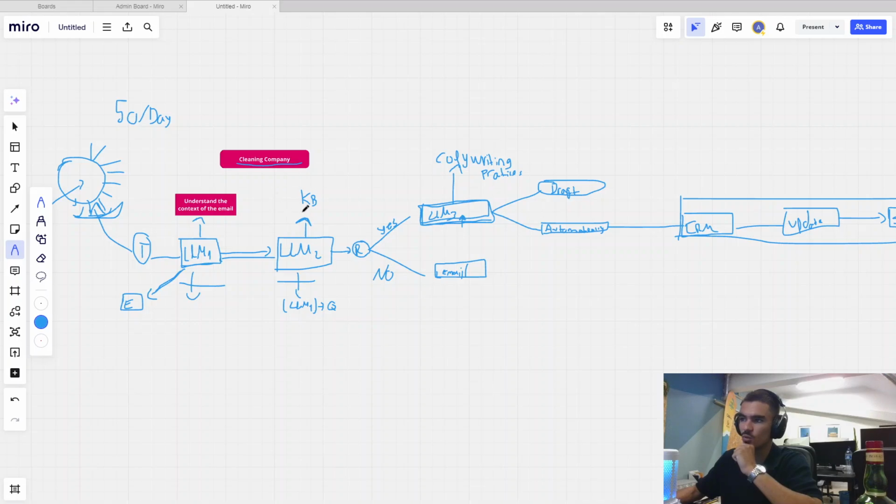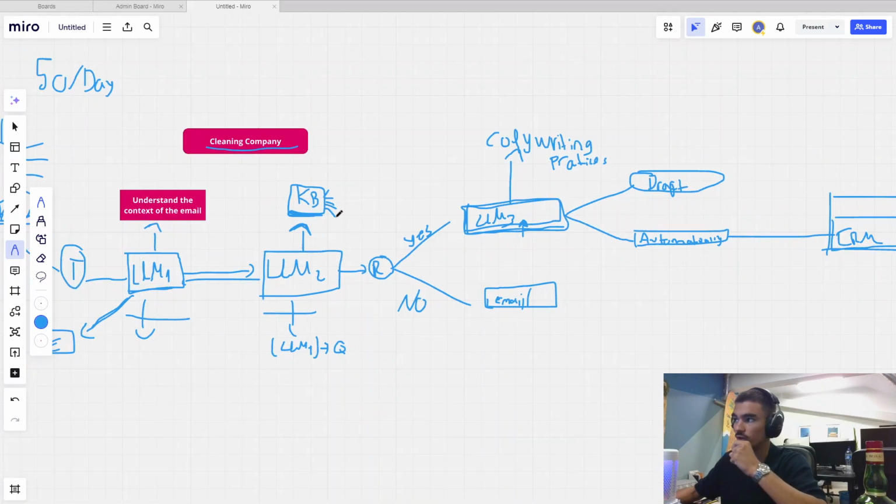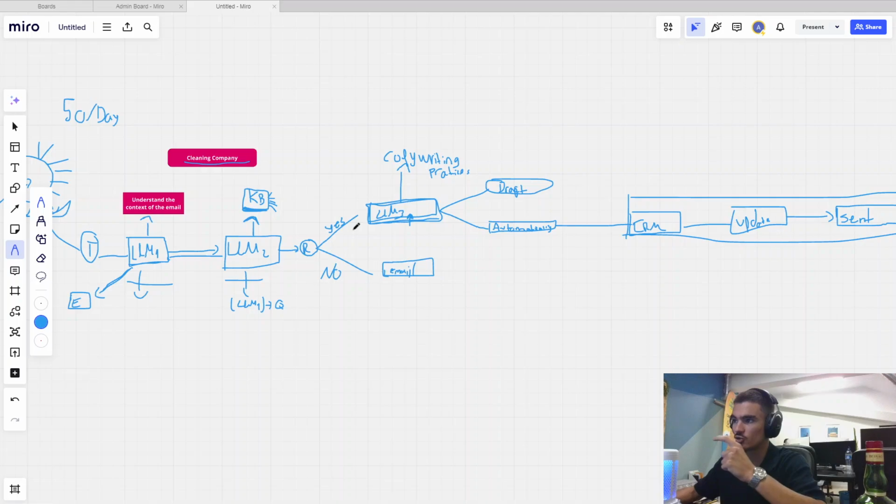Step number 2, you want the large language model to understand the context of your company in order to be able to formulate an answer to the question. And this would be done by leveraging a knowledge base. So most likely you would have to create this knowledge base. It's unlikely that you would have this. And you would have to properly structure and format the information in a way that a large language model would understand it. Step number 3 would be routing